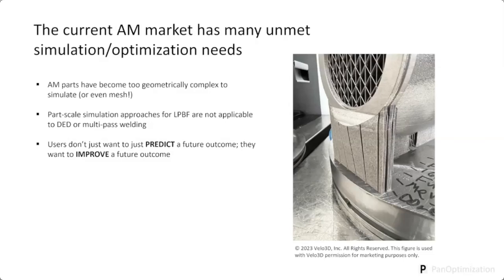The first thing that we learned, this came up on every single one of those calls, was that the parts in additive that are being designed and manufactured are so complex that they fall far beyond what can be simulated or even what you could generate an FEA mesh for. So we again and again saw really ridiculous geometries. I mean, things that took days to export from the CAD package, STL files that would hit the 2.1 billion triangle limit of an STL file and need to be split into sub files. So we saw that there is a big issue with scalability of current approaches to FEA solves of these problems,